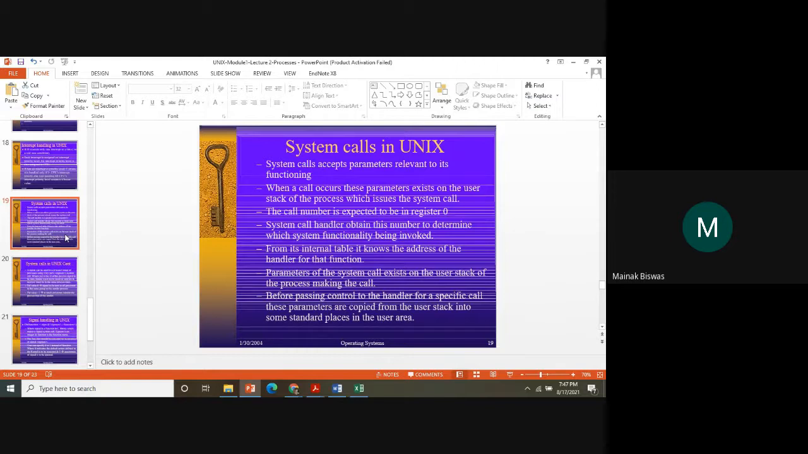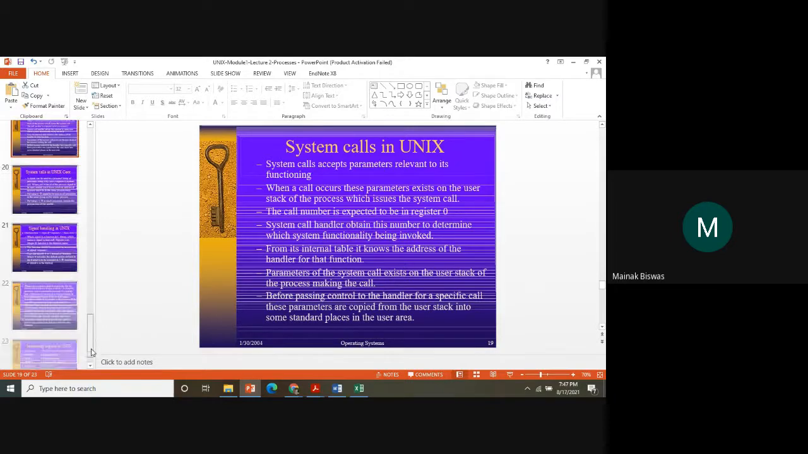Parameters of the system call exist on the user stack of the process making the call. So when the process is executing, all the parameters that are related with the system call exist on the process stack, right? Before passing control to the handler for a specific system call, these parameters are copied from the user stack into some standard places on the user area. ঠিক আছে, সিস্টেম কলটাকে করার আগে ওটা টেম্পোরারি ইনফরমেশনটা কোন একটা মেমরি এরিয়াতে রাখা হয় ইউজার স্পেসে।